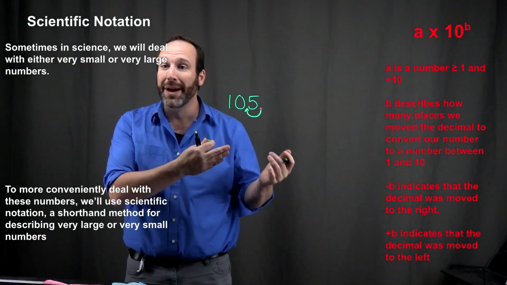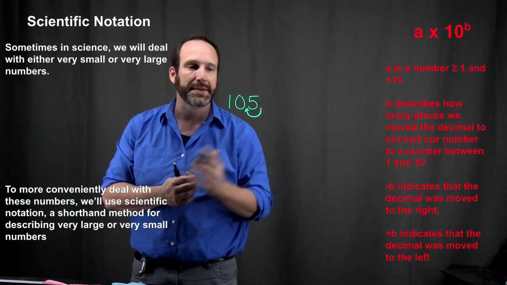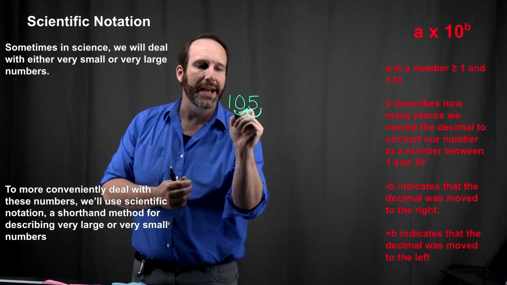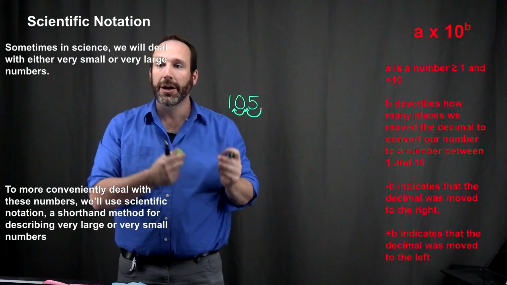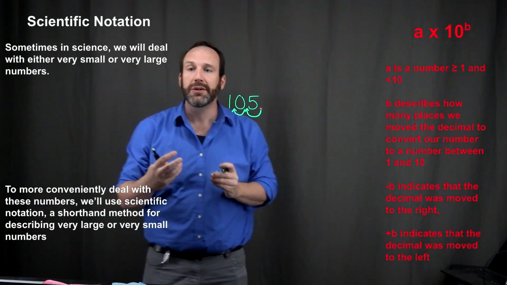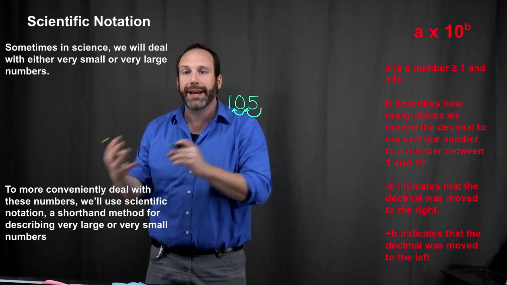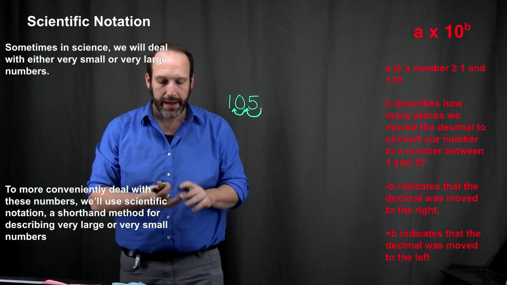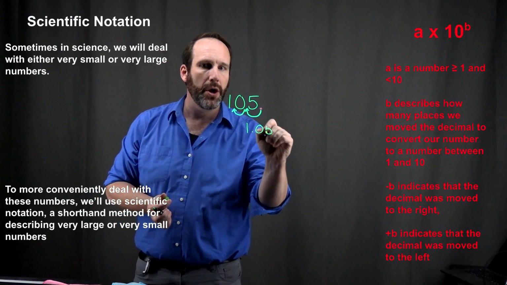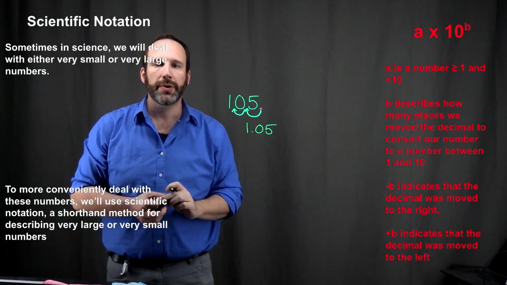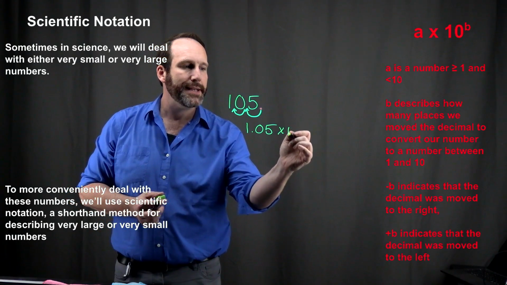Okay, so that's a little bit greater than 10, so that's not going to work for us. So we can move it one more decimal place, and now we've got a number that is 1.05, which satisfies our criteria. It's greater than or equal to 1, it's less than 10. Okay, so let's write that number, 1.05. Okay, and so now I can write that times 10